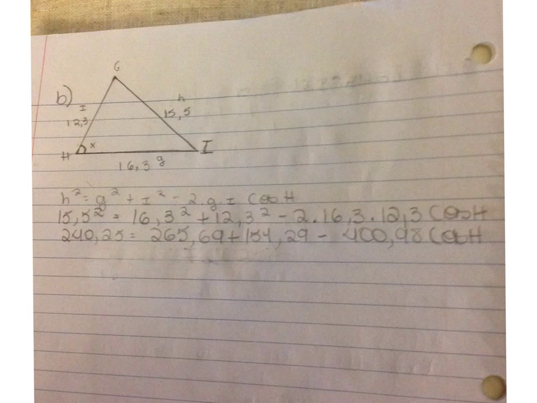Okay, to continue this question, what we could do here is we could add, grab my pen tool here, there we go. We could add these two numbers together. And so I would keep the 240.25 on the left side of the equal sign. And if we add these two numbers together, we get 265.69 plus 154.29. That gives us